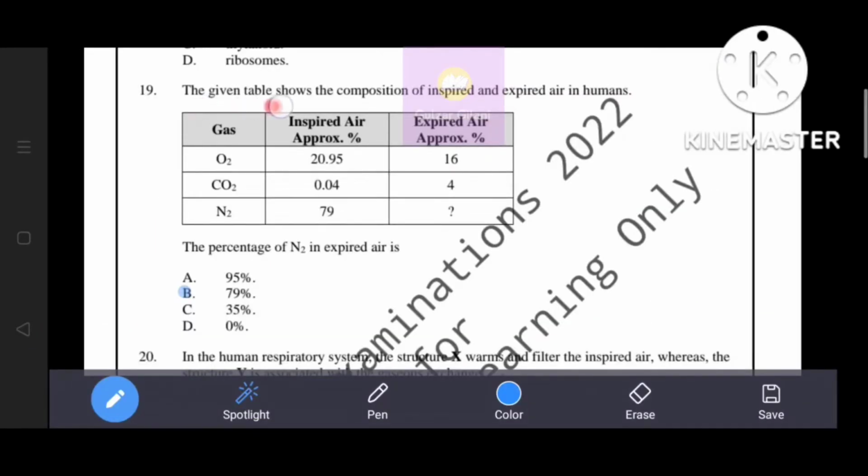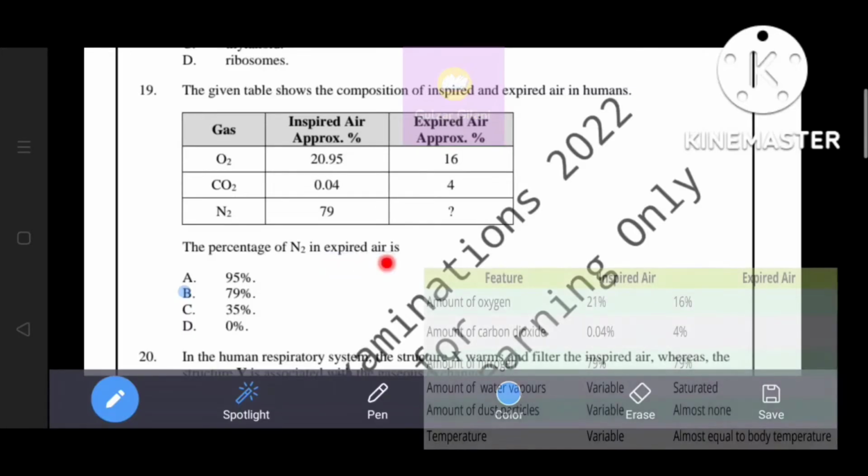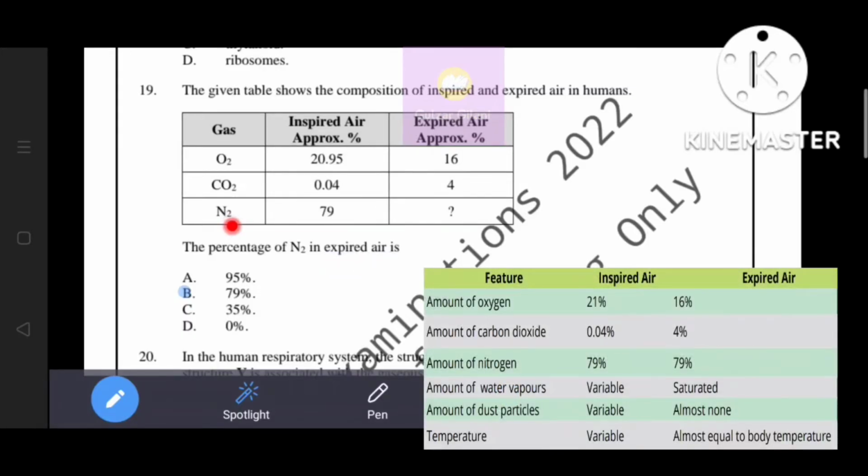The given table shows the composition of inspired and expired air in humans. The percentage of nitrogen in expired air is... नाइट्रोजन की परसेंटेज इंस्पायर्ड एयर और एक्सपायर्ड एयर में सेम रहती है, दैट्स वाई ऑप्शन B, 79% इज द करेक्ट आंसर। ऑक्सीजन की परसेंटेज डिक्रीज हो जाती है एक्सपायर्ड एयर में और कार्बन डाइऑक्साइड की इंक्रीज, जबकि नाइट्रोजन की सेम रहती है, दैट्स वाई ऑप्शन B, 79% इज द करेक्ट आंसर।